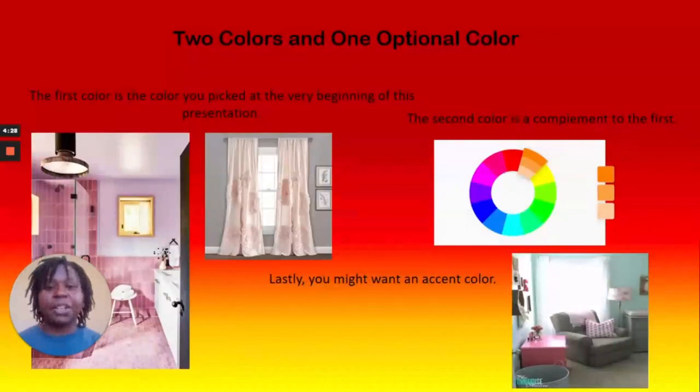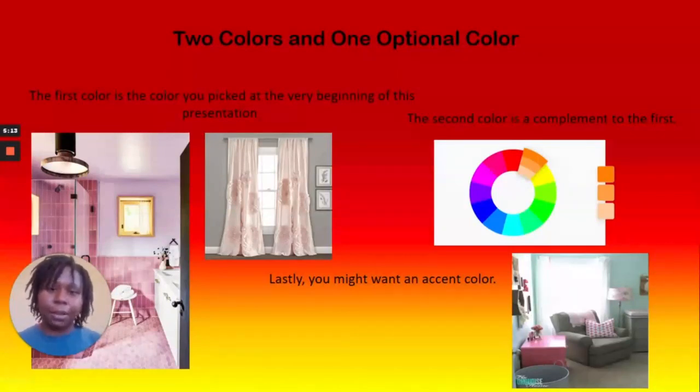The last thing you're going to do is pick two colors and a third one, which is optional. The first color is going to be that color from the very beginning of this presentation. It's that color that's your favorite or that you've been thinking about lately. And it's going to have a very small presence. This is going to be significantly less present than that main neutral we just talked about. It's going to be maybe on the walls of the kitchen or the bathroom or little accessories. In the photo, you can see that pink is the color that they chose, and it's in the bathroom. Or maybe the curtains. It's not overwhelming. It's not taking up too much of the photo. It's just there to complement what's already there.